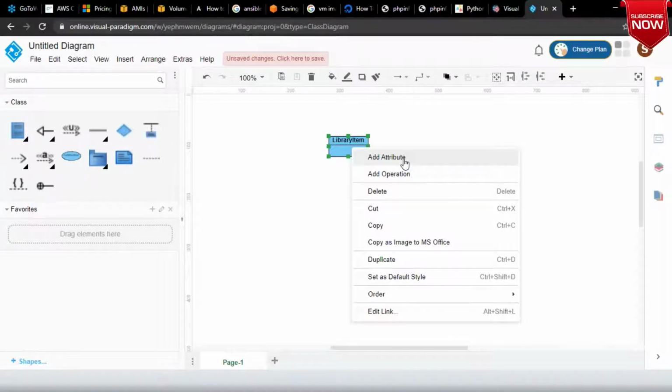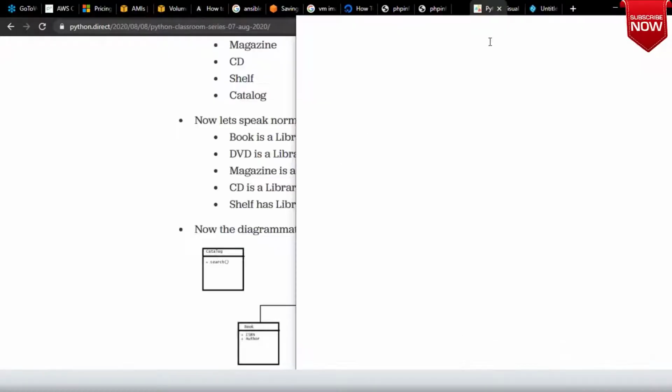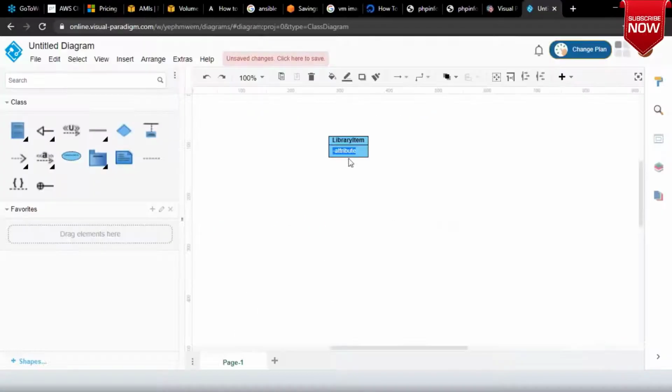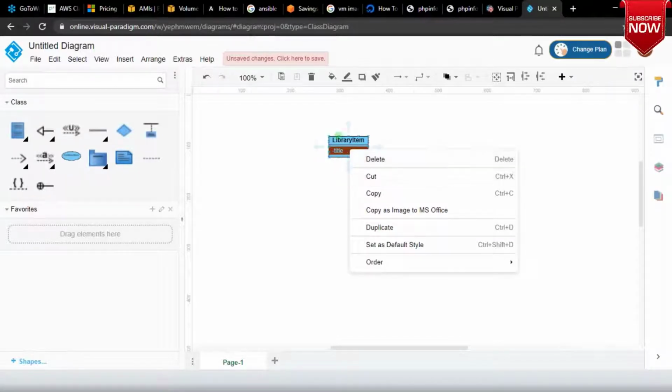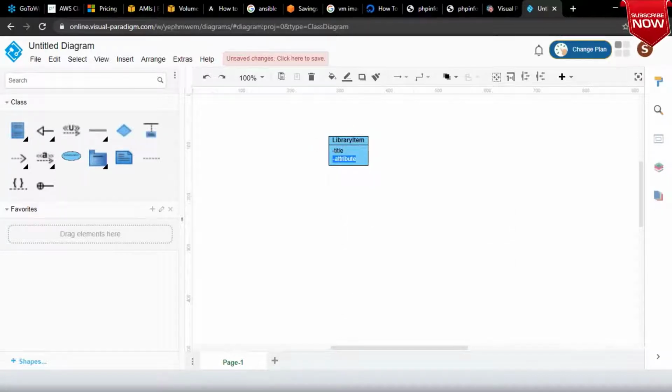Let me add an attribute. The attribute which we have tried to add is title. Now add another attribute. What is the other thing? A library ID.